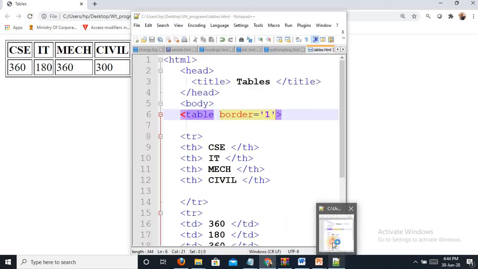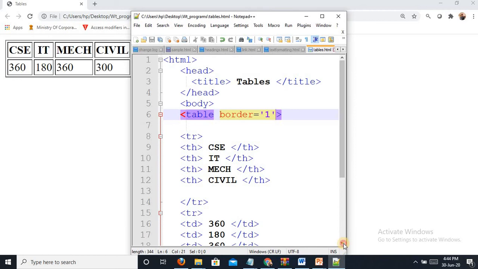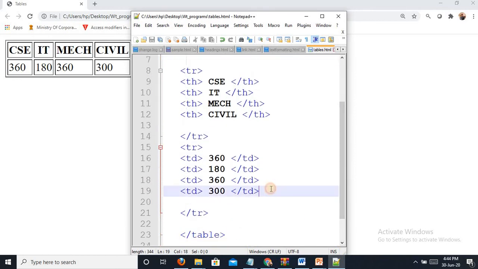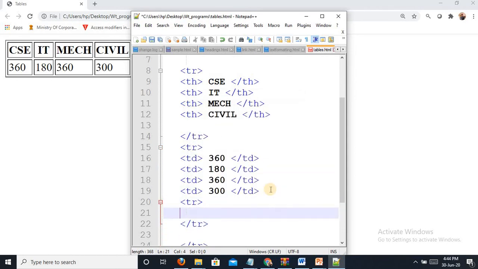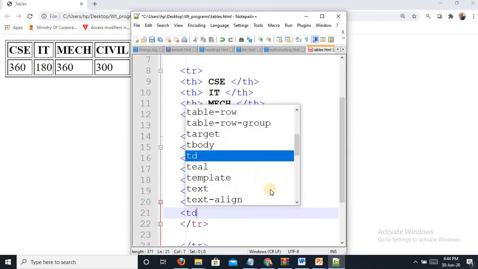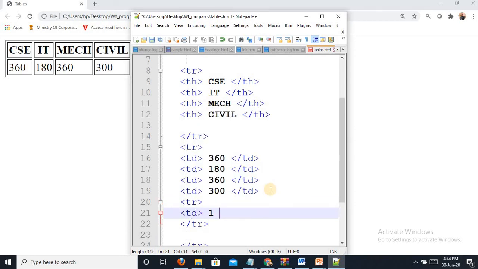If you want to add another row, just add tr, close it, and add td 1.